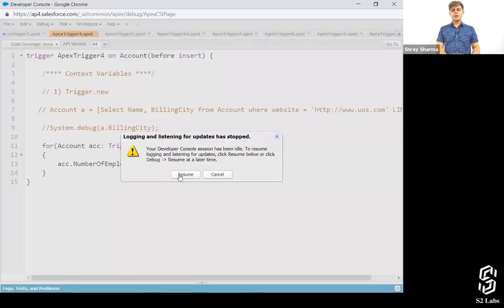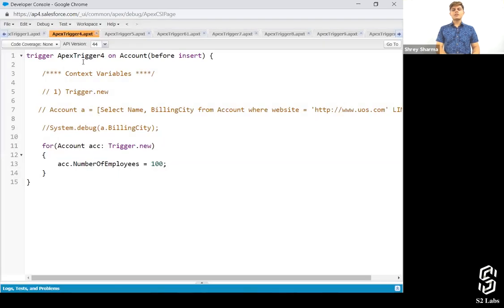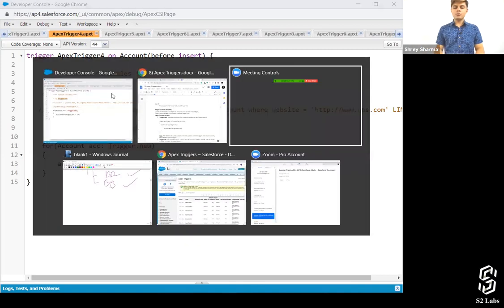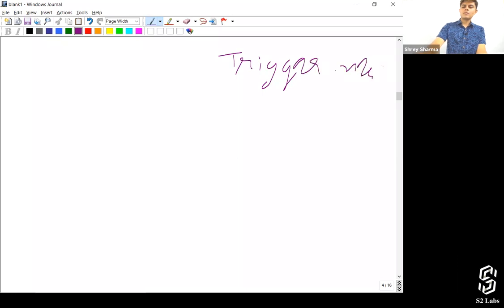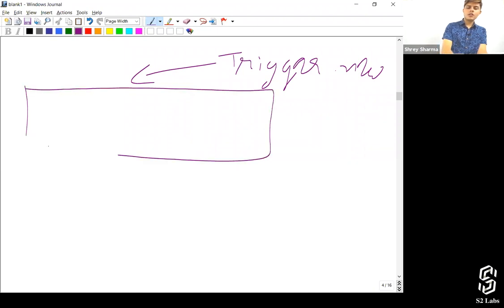So I'm just gonna go to my code. I've written down a trigger over here, which is a before insert trigger, and the context variable that I'm going to use is trigger.new. So the first context variable is trigger.new. Listen to me, what trigger.new does, or what trigger.new returns to us. So this returns to us the list of records